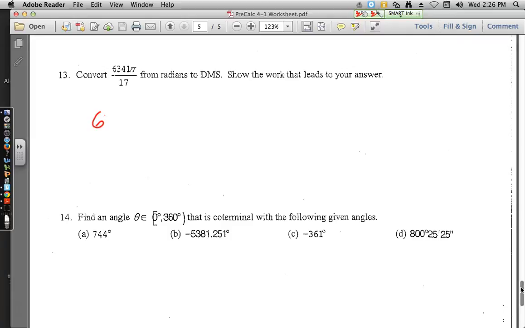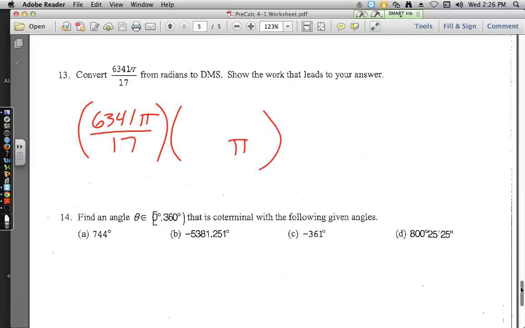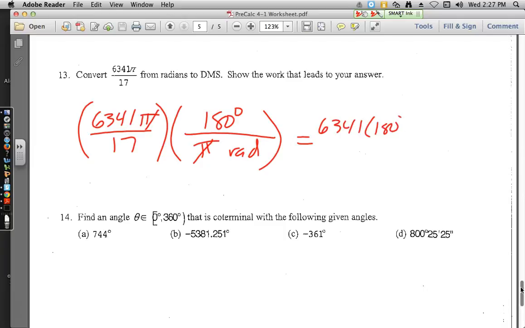So we have 6,341 pi over 17, and we want to go from radians to degrees, so we need something with pi down here in the bottom, in order to get rid of those radians. And then we need 180 degrees for pi radians, so that makes sense. And the pi's will cancel out. You'll need to take 6341 times 180 and divide that by 17. And that will get you